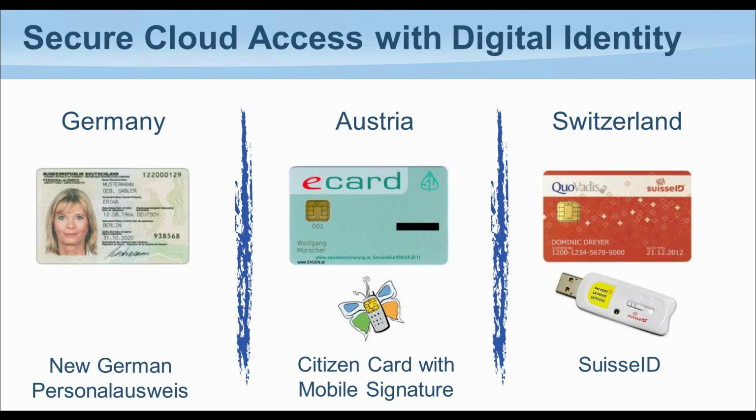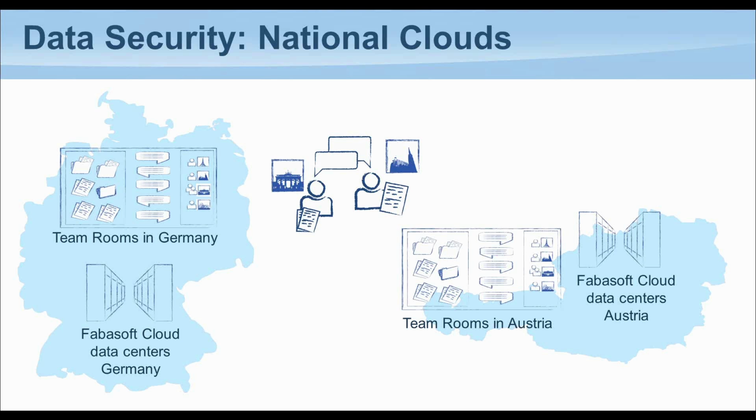So that's the real difference here, and that's also quite interesting for secure client communication, because you want to know your clients and you want to know your business consultancy agents. And another interesting aspect in terms of security is that you know where the data is. This is what we call the principle of national clouds. Folio Cloud is a public cloud. It's available globally and instantly for anybody on the planet. But we have a concept of national clouds. We have data centers in different countries. And you can choose, if you create a team room, you can choose where the data in that team room